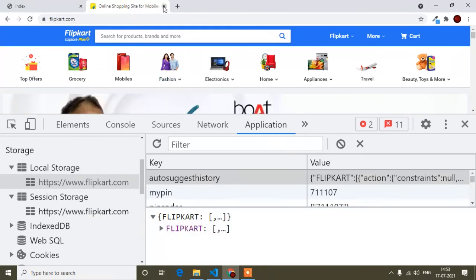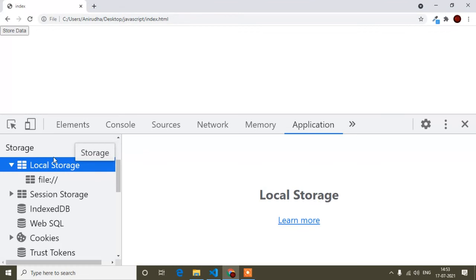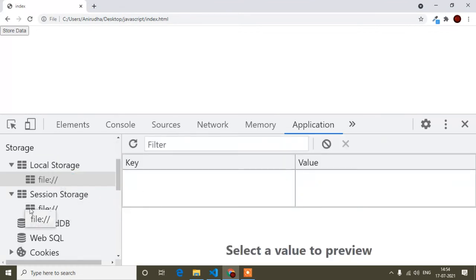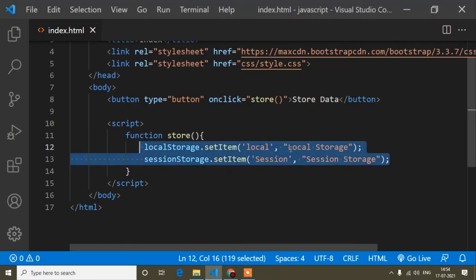So now our topic is the difference. Here is the link. I will open this link, and you can also see the session storage. Now if I click this button, at that time the data should be stored. In local storage it should store the value local storage, and in session storage it should store the value session storage.